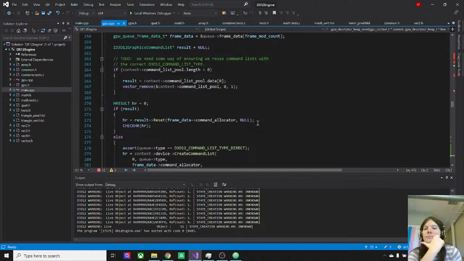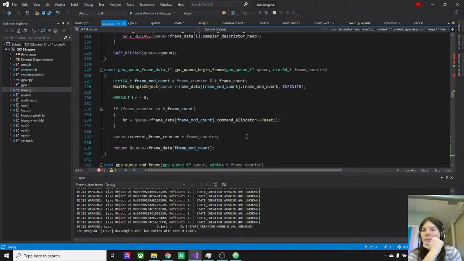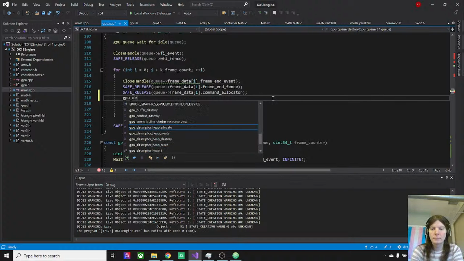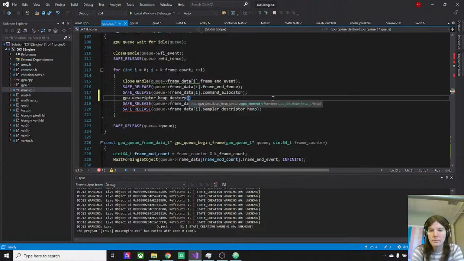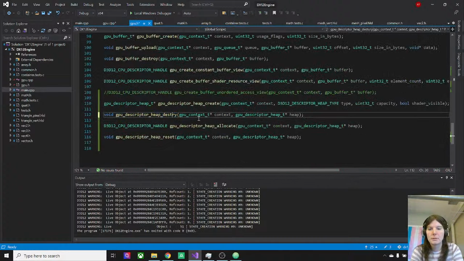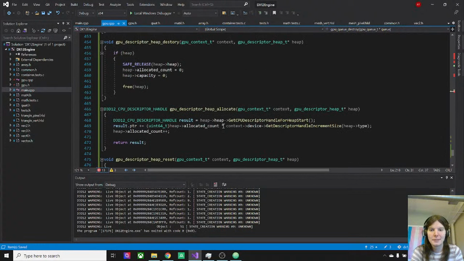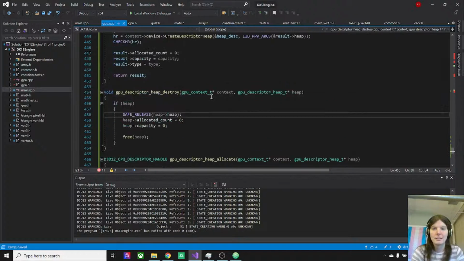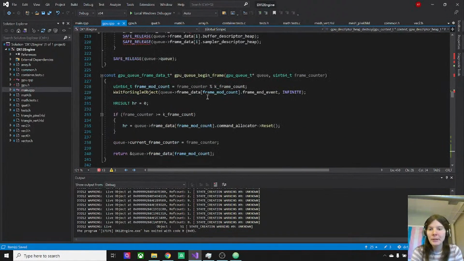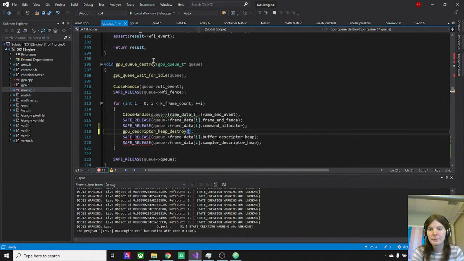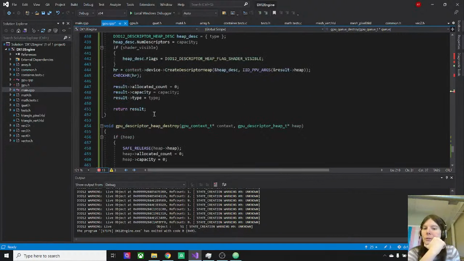Let's see. Oops. You would think, for having a job that's all about typing, I would be better at it, but I'm not. So our output destroys don't take the context, so